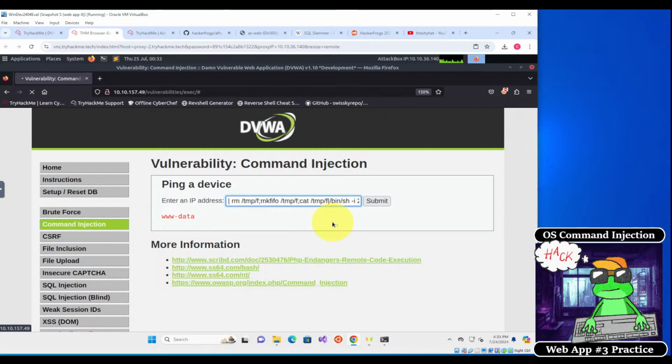Another thing we could do to try to work around this particular filter is we could try to URL encode all of our special characters. By URL encoding the characters, we effectively change the input of whatever malicious string we're putting in, and that means that it might not be detected by the web app filter. So I'm going to change the payload back to what it was originally,